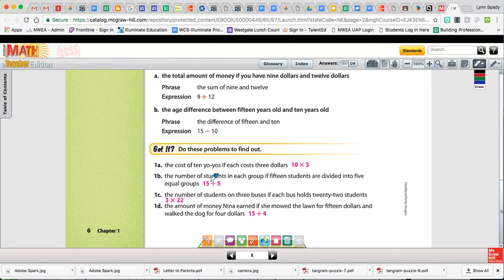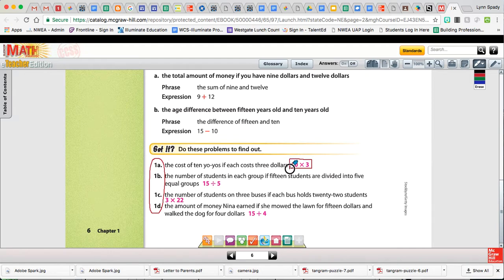These are the first problems that we're going to work out on your sheet. One of the ways you can do this is to pause the video and work them out on your own, and then play the video to make sure that you got them all right. The other way is just to do them along with me to make sure that you understand, and I will explain as we go. For 1A, the cost of 10 yo-yos, if each one costs $3,